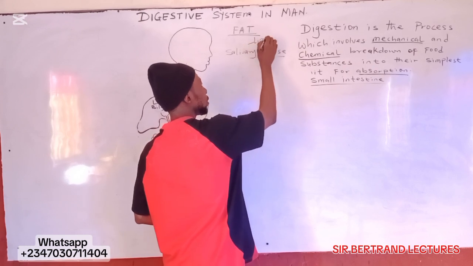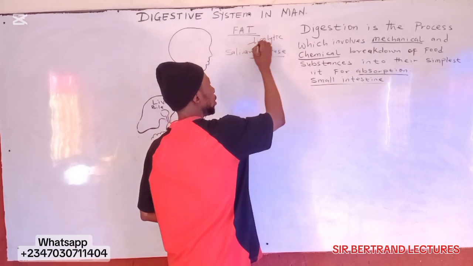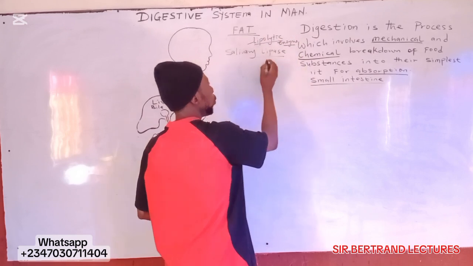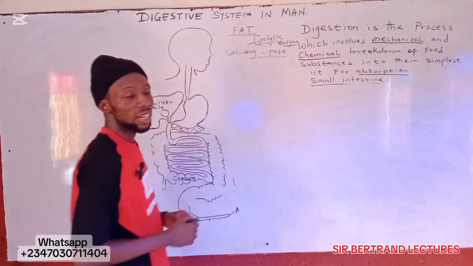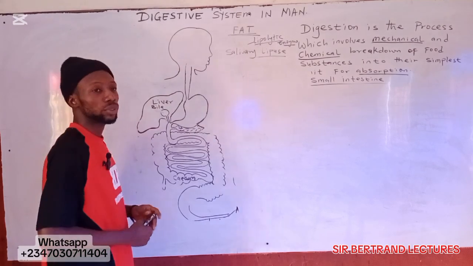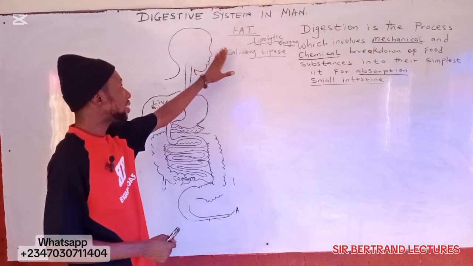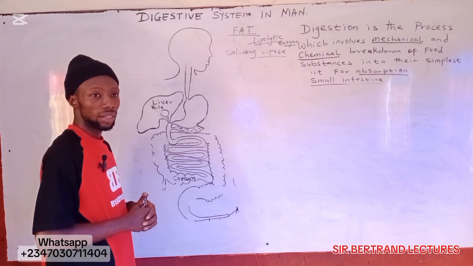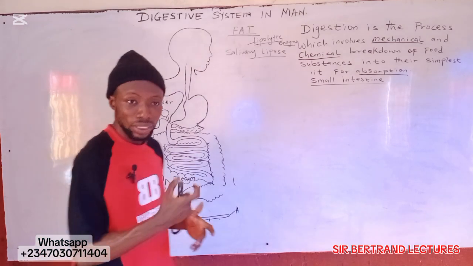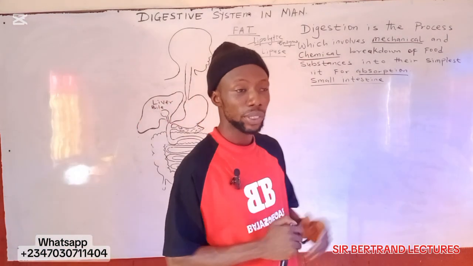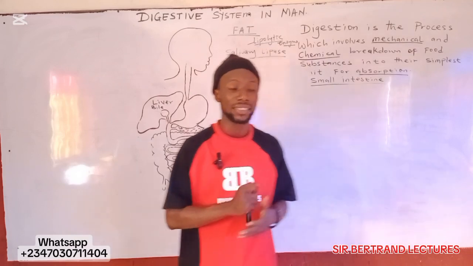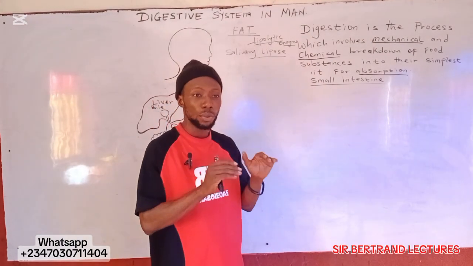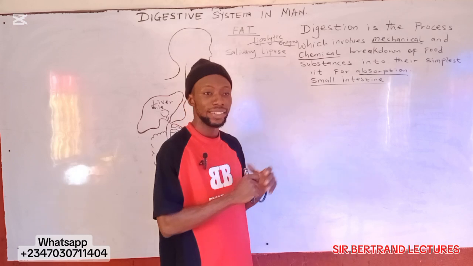This lipolytic enzyme is popularly known as salivary lipase, produced in the mouth. Digestion of fat and oil is not effective in the mouth. You can say that there is no digestion of fat and oil in the mouth because the effect is very slight. The fats need to be broken down by bile produced by the liver.